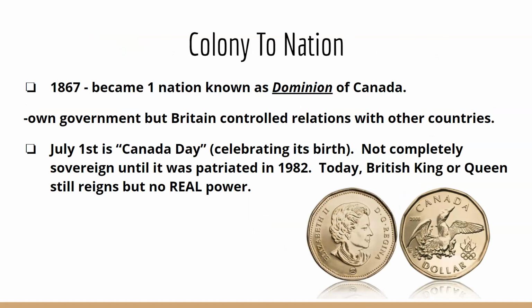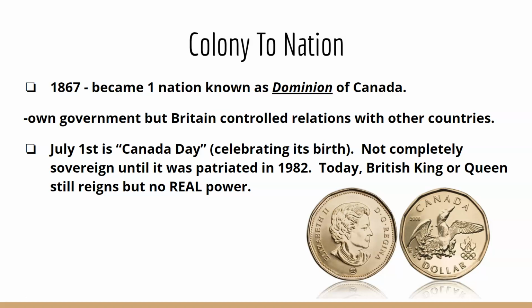So looking at that transition, Canada for a long time was a colony of Great Britain, and in 1867 it did become one nation known as the Dominion of Canada. And it had its own government, but Canada was still under the control of Britain in the sense that Britain controlled its relationships with other nations. So essentially, Canada was left to run itself, but any of its experience on the global stage was still controlled